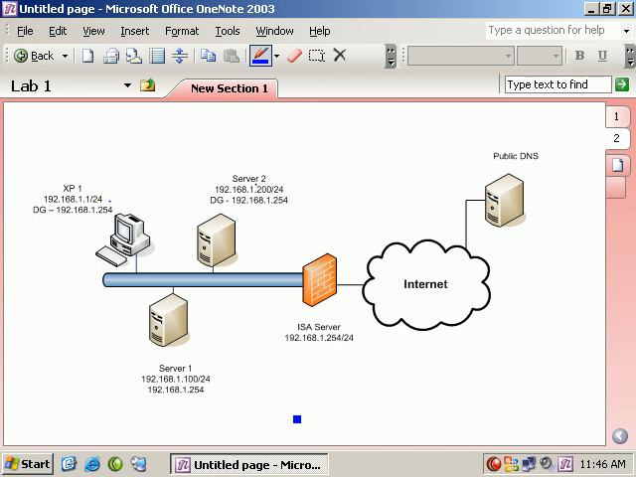We're also going to be working with two different servers. Both of these will be running Windows Server 2003. They're going to be named Server 1 and Server 2. And if you notice, Server 1's IP address is 192.168.1.100, Server 1 and 100, and then Server 2 is 192.168.1.200. All these machines have the same subnet mask and the same default gateway, so we just have a very